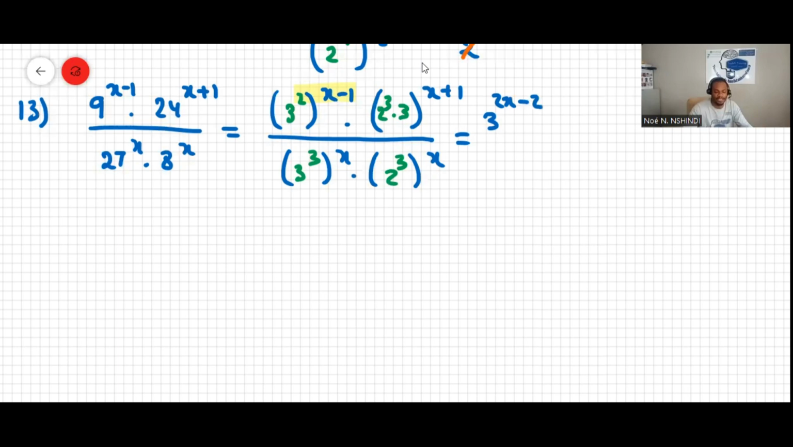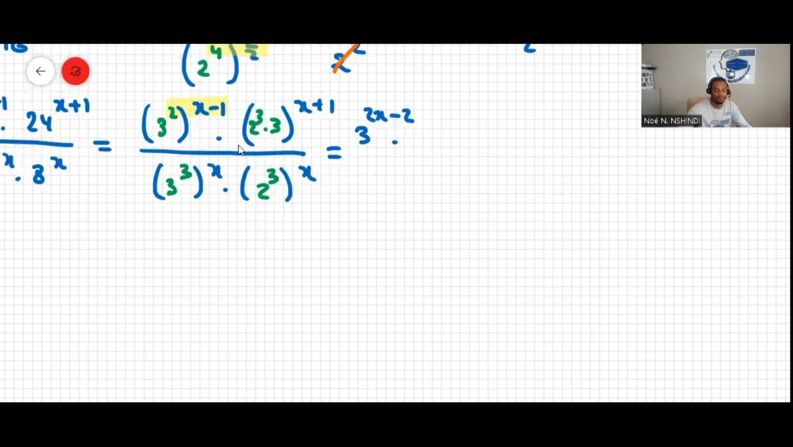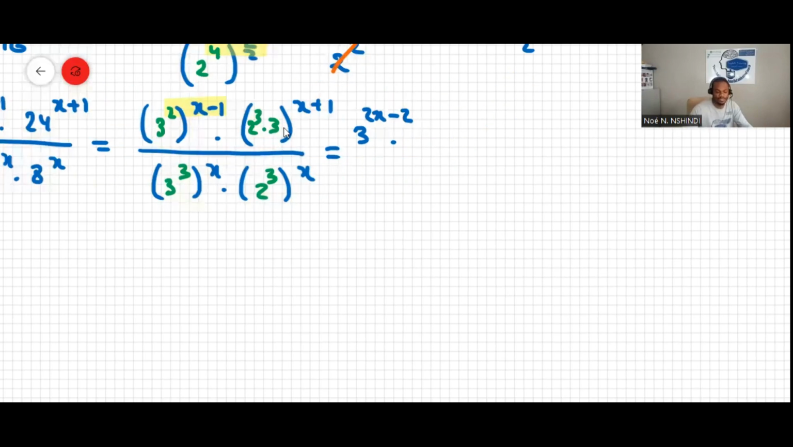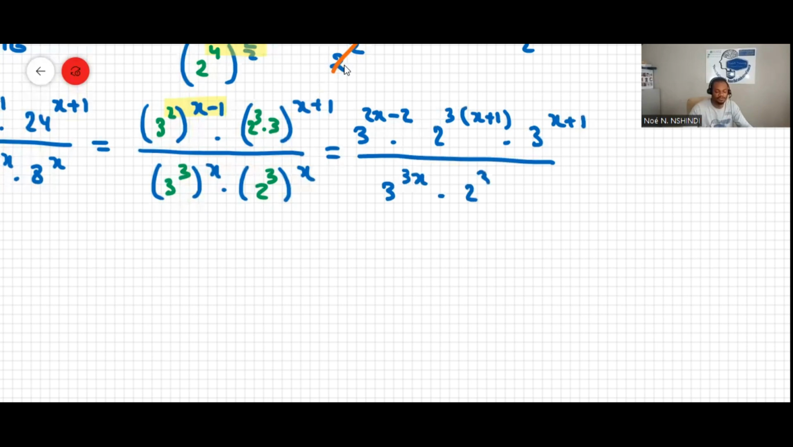Over there, the power is for both 2 to the 3 and 3. So it's going to be 2 to the 3 multiplied by x plus 1, multiplied by 3 to the power of x plus 1, all over 3 to the 3x multiplied by 2 to the 3x. Now that we have written everything in terms of the prime factors, we can just combine this. I'm going to write the base 3 over here. I look here, the base here is 3. I'm going to write it 3 there,